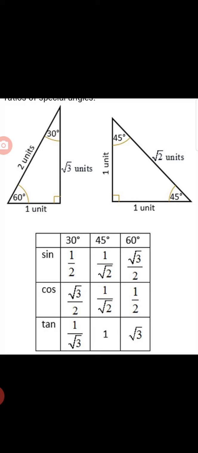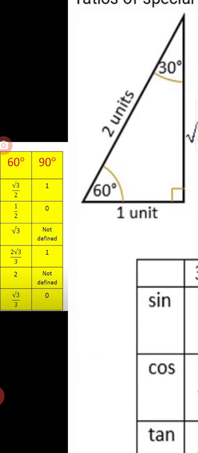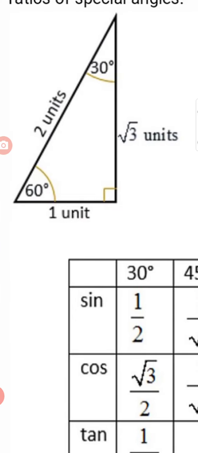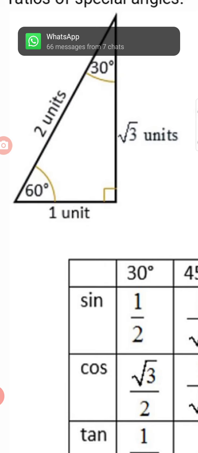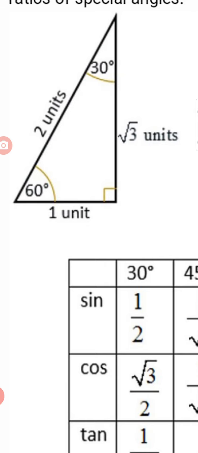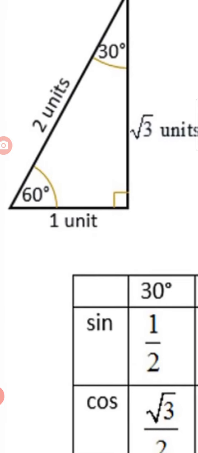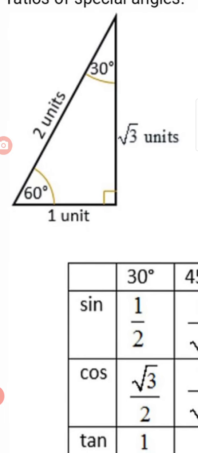Topic is trigonometry. In lesson number 8, trigonometry, we see today a new concept, the trigonometric ratios of some special angles. Now see the figure in front of you. It is a triangle. In this triangle, one angle is 90 degrees, one is 30 degrees, and the second is 60 degrees. Means the measures of the angles of the triangle are 30, 60 and 90 degrees. It is the example of a set square in your compass box.